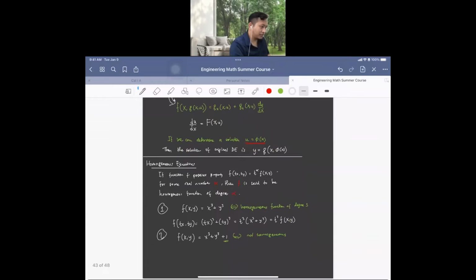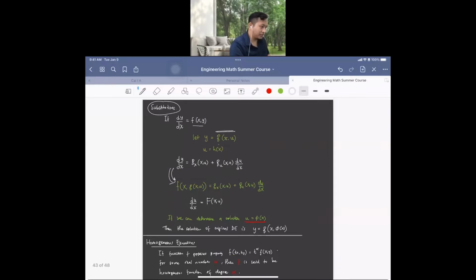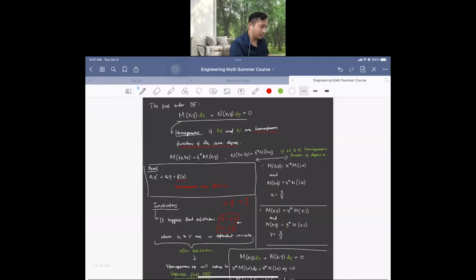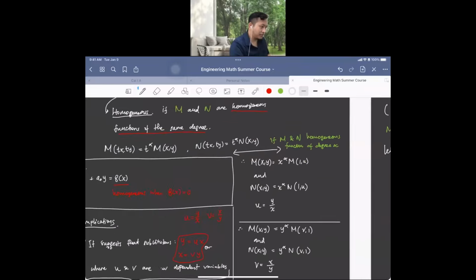For homogeneous equations, if we want to substitute and solve and make it into a separable equation, then if you look at what we have here,